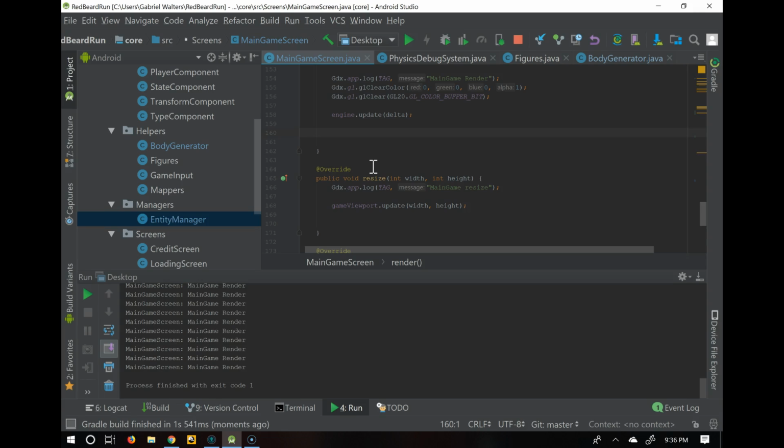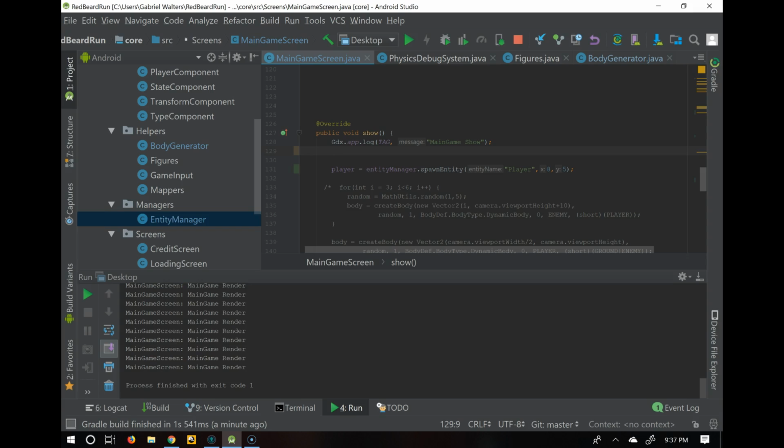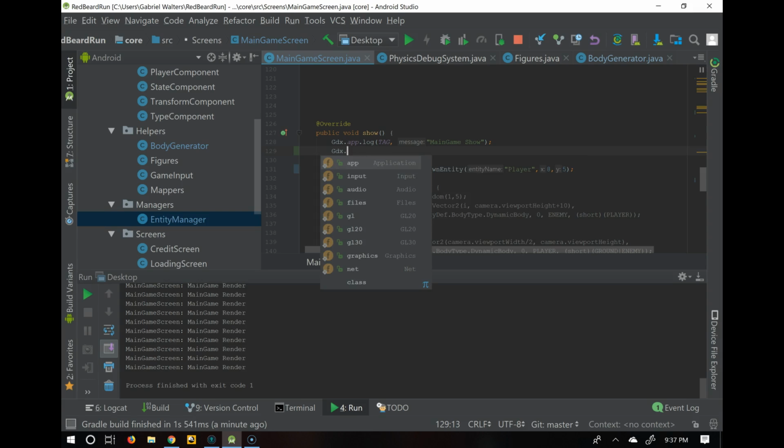If you're planning on having multiple screens, we will end up having to use a multiplexer. But for now, really what we need is we just need an input processor that's meant to take inputs and then we are able to use them. So we're going to have to set that up when the screen is created, and we can do that when we're showing it. So once we actually come up onto the screen in our show method, this is where we'd want to do it. So GDX dot